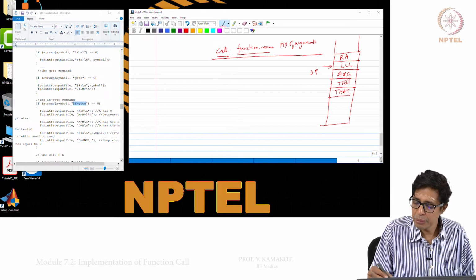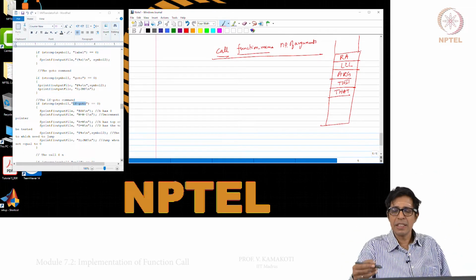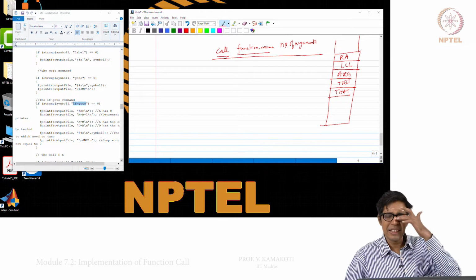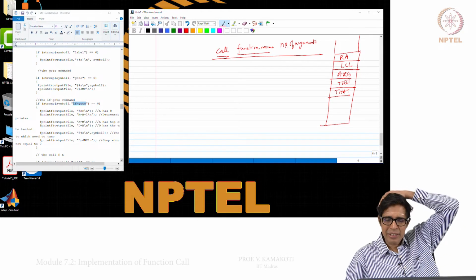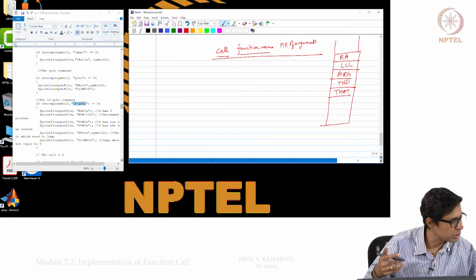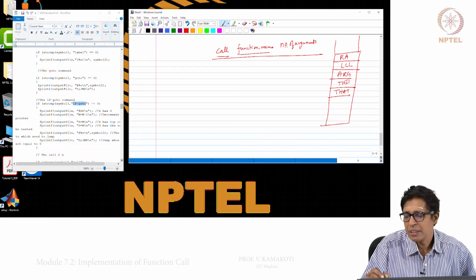These are all basically pushed into the stack. This is LCL of the calling function, ARG of the calling function, this and that of the calling function. These are all the base addresses, what you see in the data RAM 1, 2, 3, 4, all these things we push here, right.